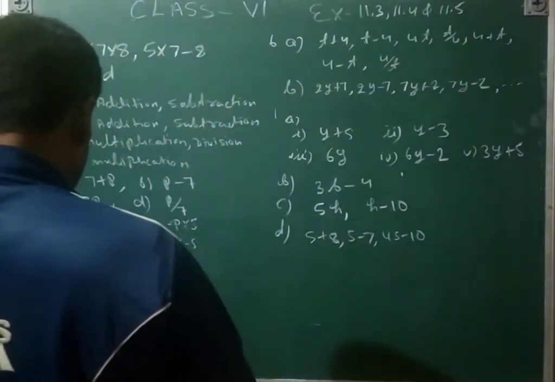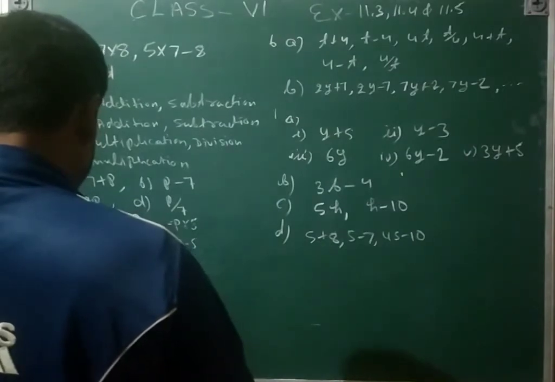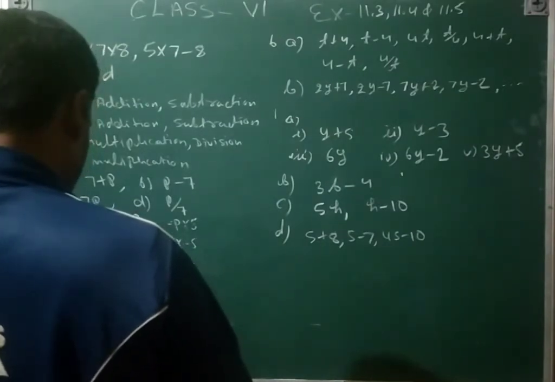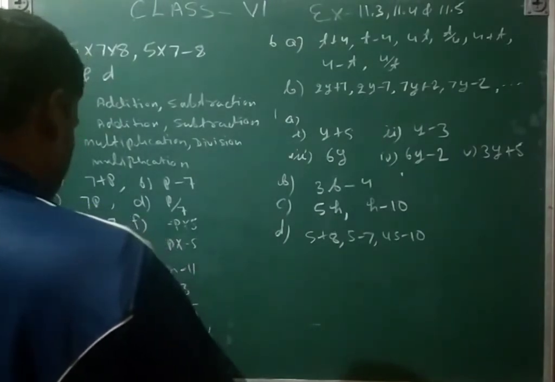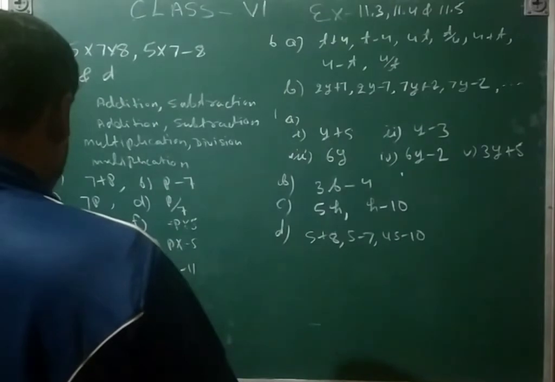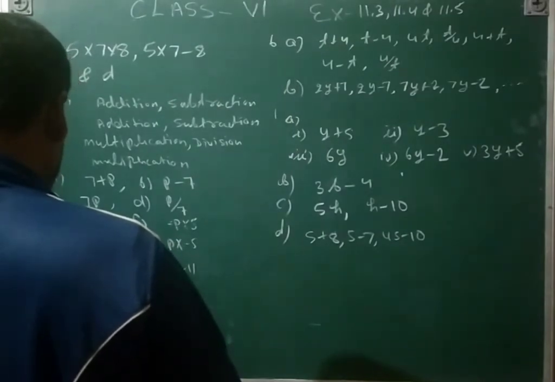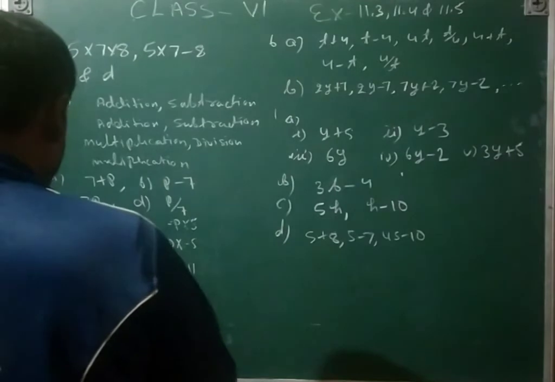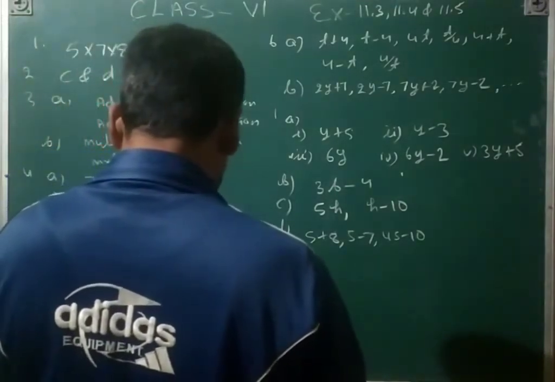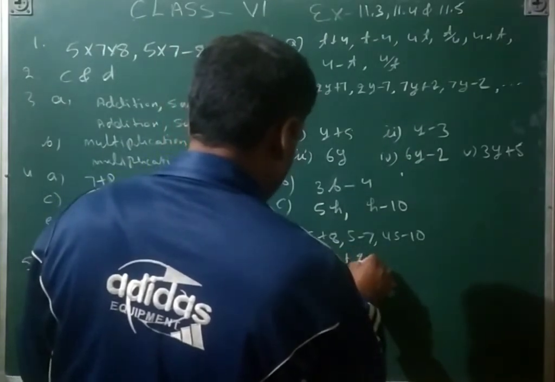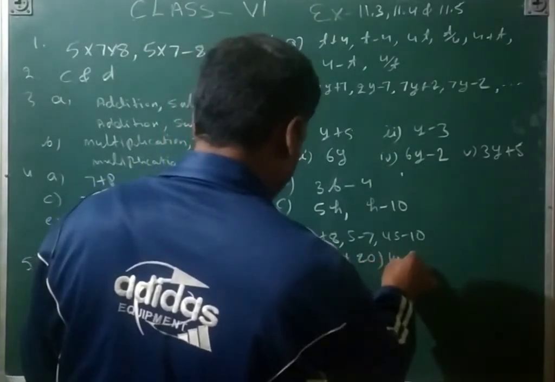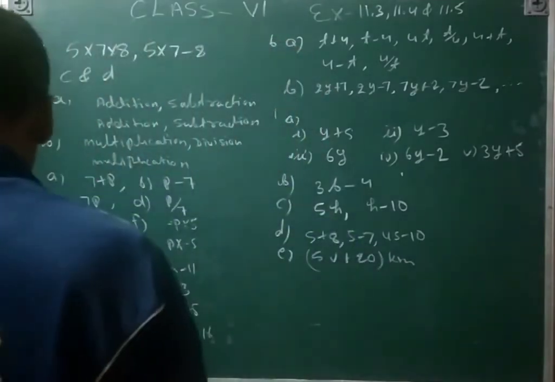A bus travels at v km per hour going from Daspur to Bispur. After the bus has traveled 5 hours, Bispur is still 20 km away. What is the distance from Daspur to Bispur, expressed using v? So that is 5v plus 20. 5v plus 20 km. And then question number 2.